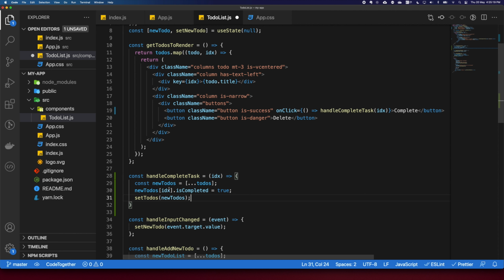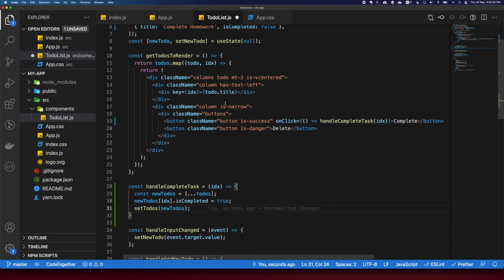Okay, that's about it. But how do we actually show on the UI that our task is completed? To do that, we are going to use some styles, and we're going to show the user that this is a completed task. One of the easiest and most straightforward ways is to use something like a strikethrough, so we can show the user, hey, this task is completed, hence we show it as a strikethrough. So how are we going to do that? That's going to be in the title. I'm going to put in a class name,